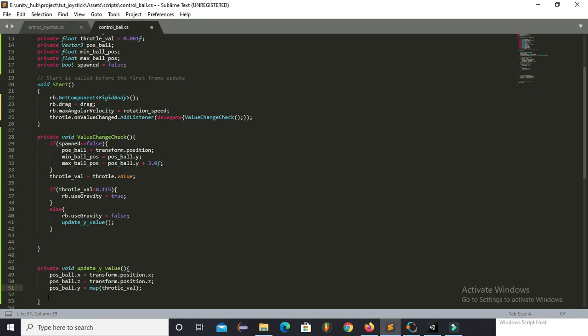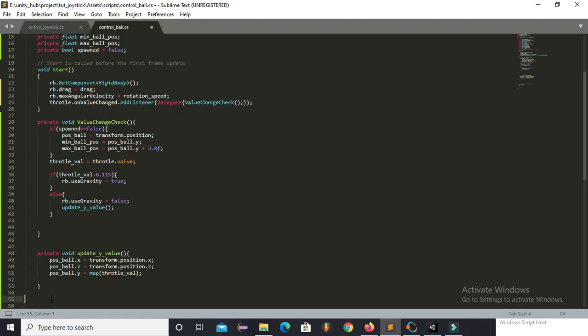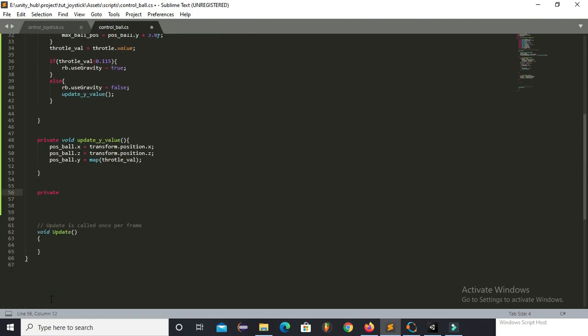So now we will create one more function, private, so this function will accept a value, and first of all we have to initialize the minimum value of the slider for the mapping.